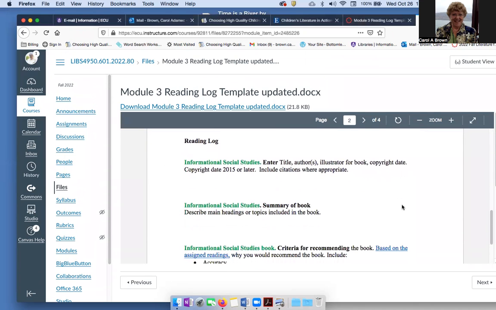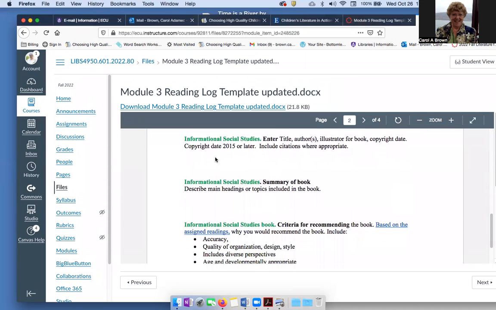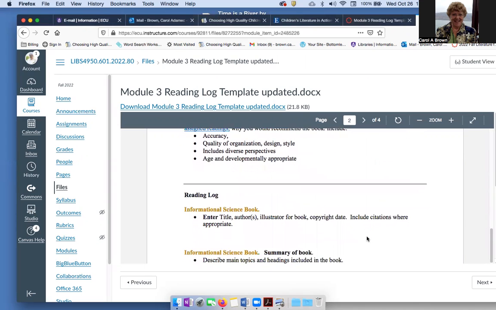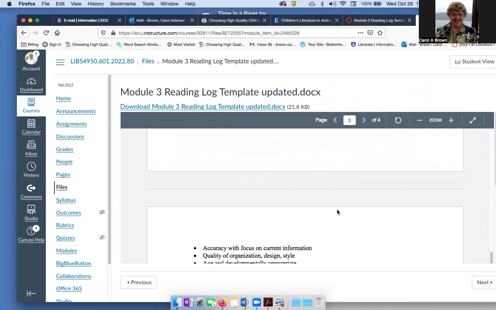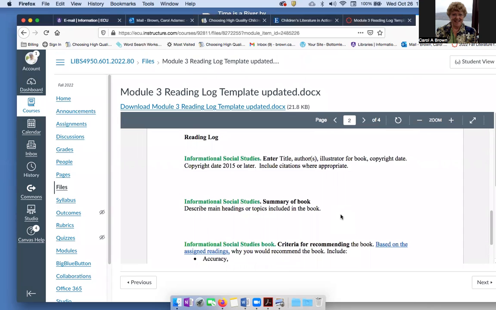Now let's go on to informational books. You've got two you need to review. One is going to be in social studies, and the second book is going to be in science. So let me show you some examples of where to find those books.